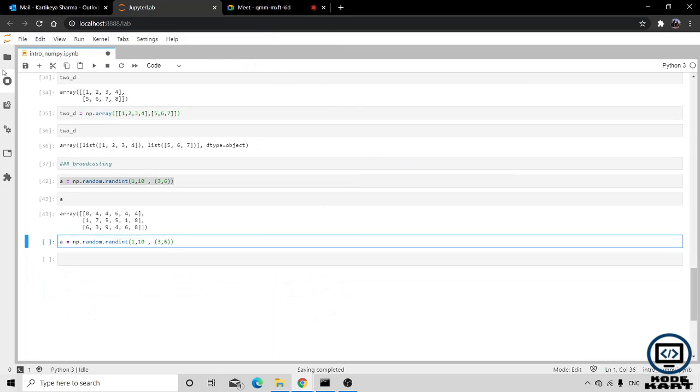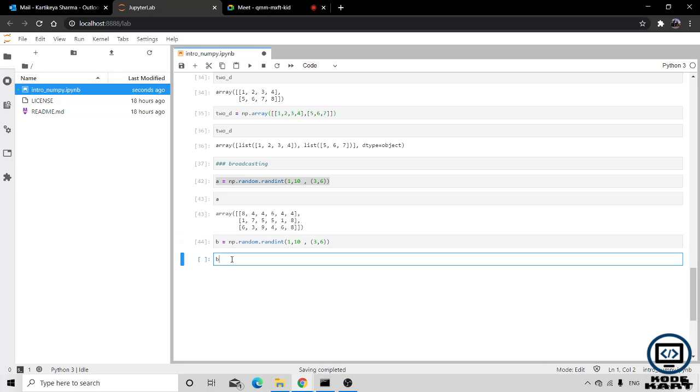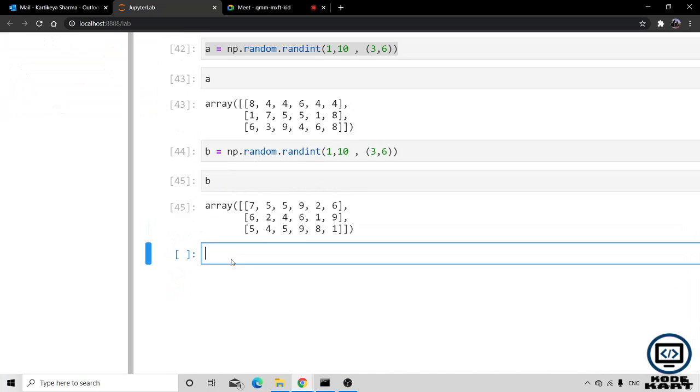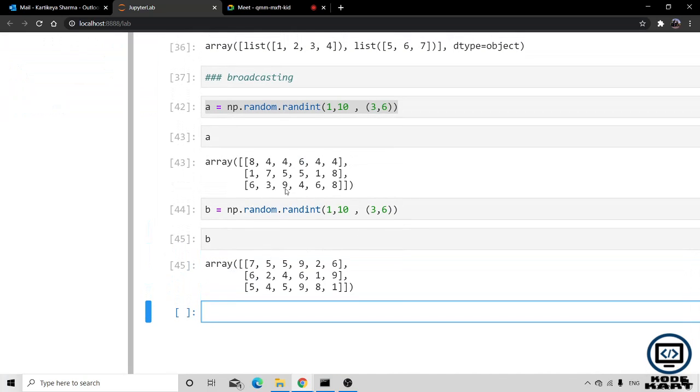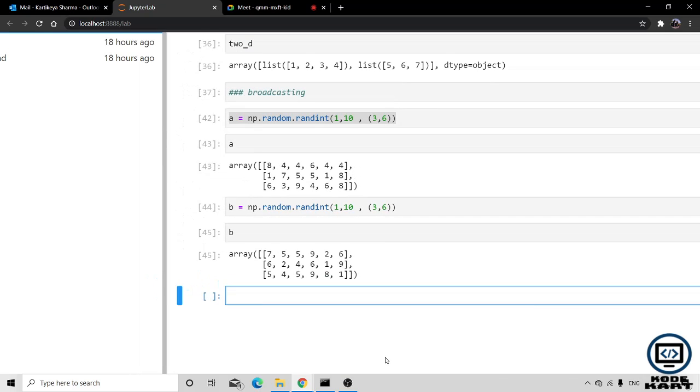Oh, there's some problem in my PC, I don't know why. Okay, now we generated one more matrix B of 3,6, and there is matrix A of 3,6. If we try to add both matrices, they are going to add correctly.